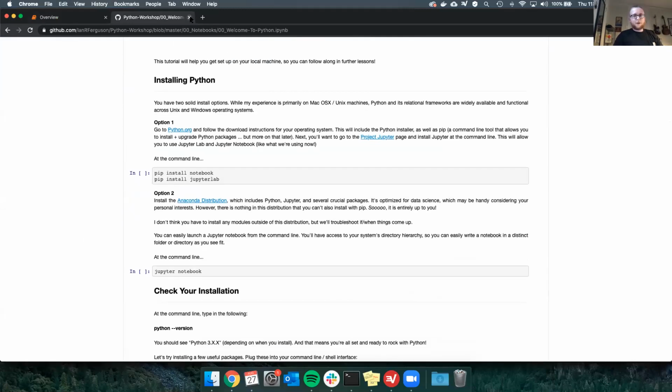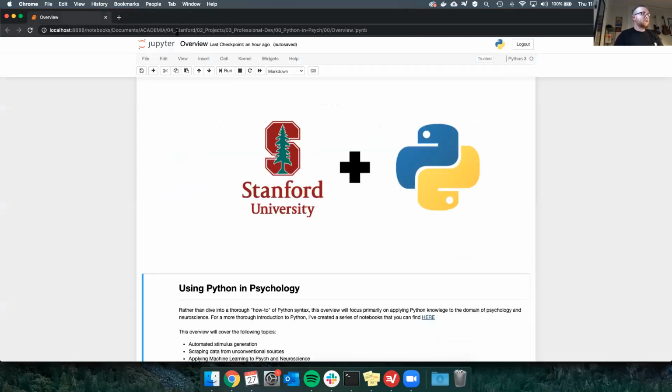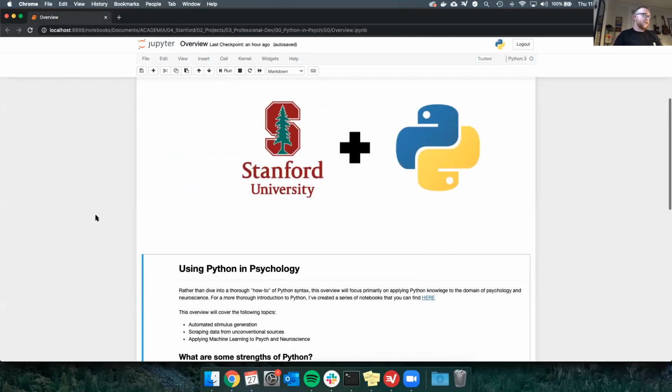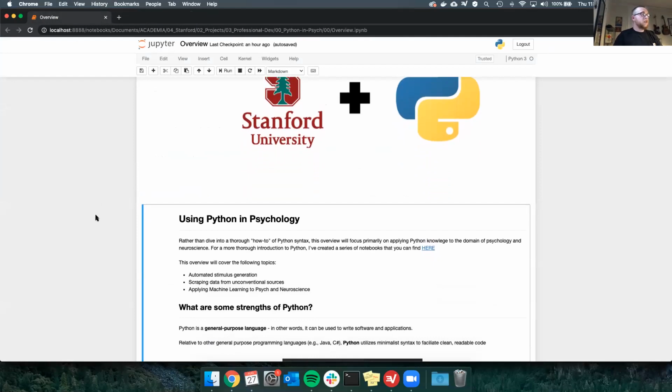There are better resources that exist, and I'll have those for you as well, but I just wanted to provide that. So the overview I'm going to cover today: automated stimulus generation, scraping data from unconventional sources, which Luiza touched on as well, and then applying machine learning algorithms to psych and neuroscience.